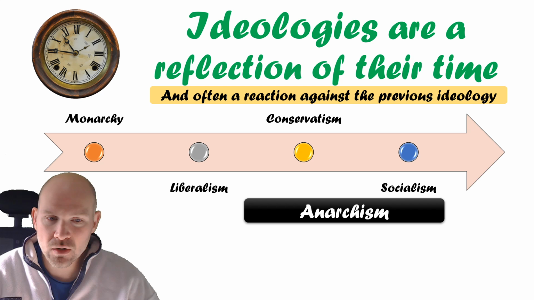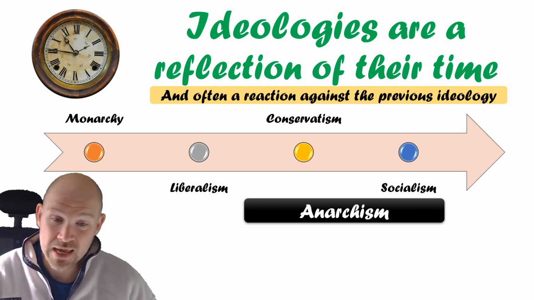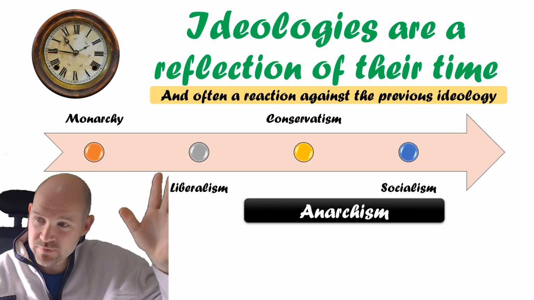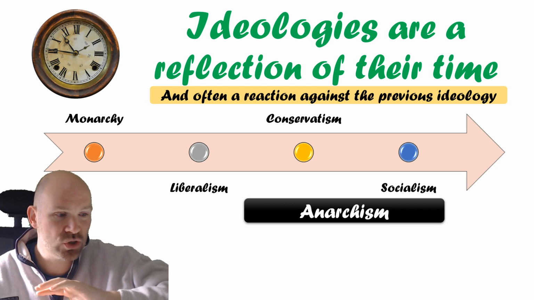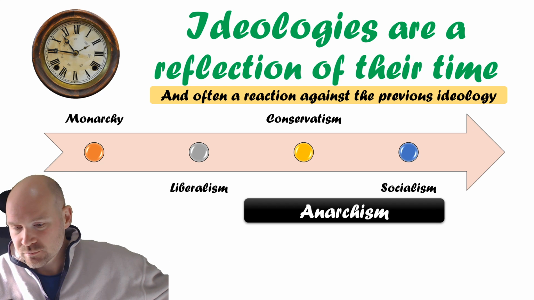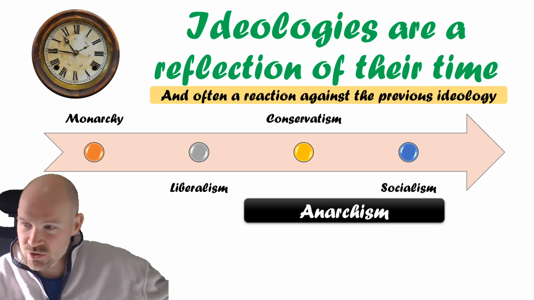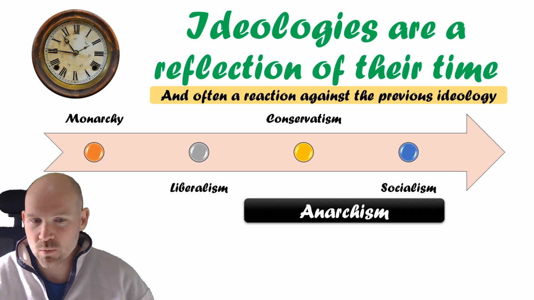And then alongside all of that, we have those people that believe in anarchism. Although liberals believe in a state, and conservatives believe in a state, and socialists believe in a state, there are those that believe we should just scrap the state entirely and let people make their own decisions. It's almost like a very extreme version of liberalism, if you like, but we'll talk about it more when we get there.